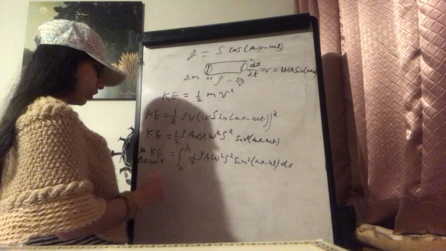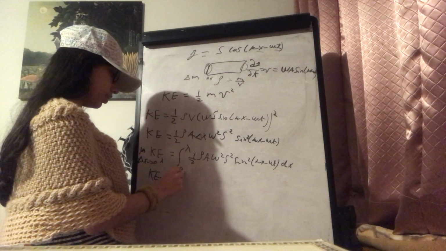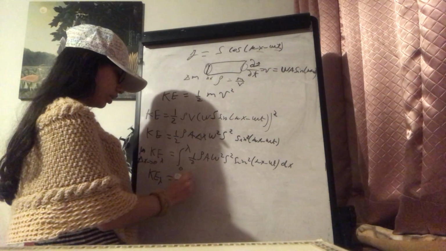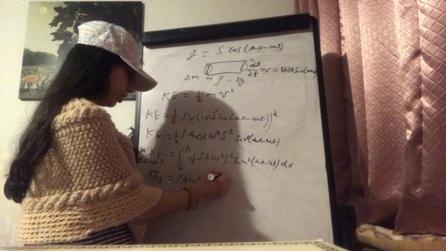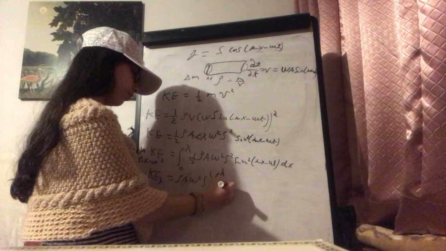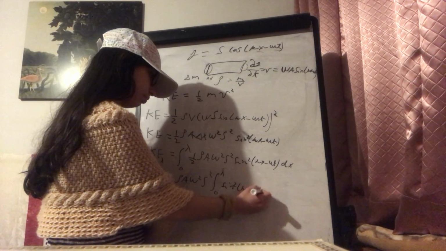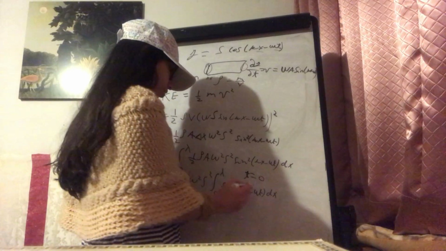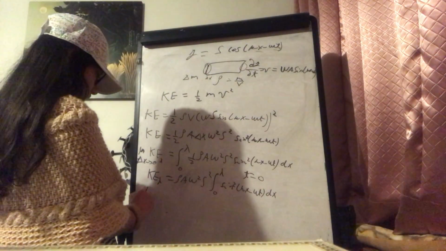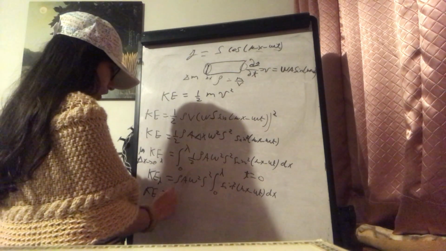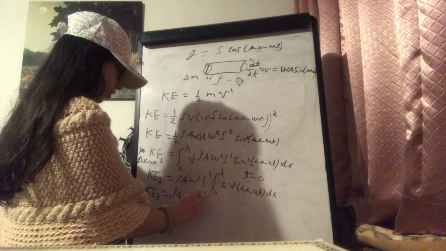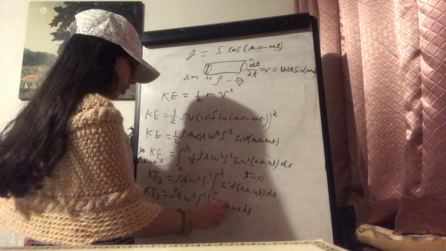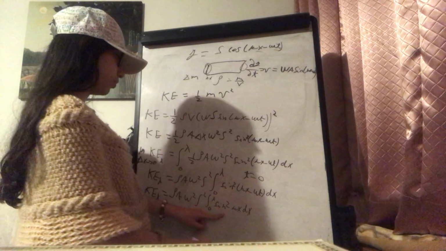So let me take out the constants, and I just have the kinetic energy of a wavelength is the same as the integral from 0 to lambda, the density times the area times omega square times s square times the integral from 0 to lambda of sine square of kx minus omega t dx. Now if we are talking about t equals 0, the kinetic energy of a wavelength is the density times the area times omega square s square times the integral from 0 to lambda of sine square of kx dx. So this is a little bit complicated to take the integral of a squared function, but